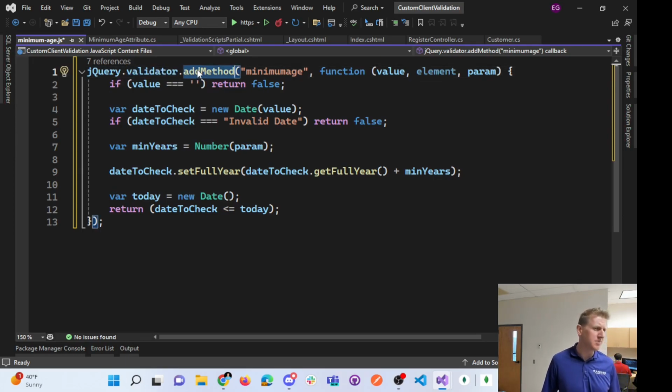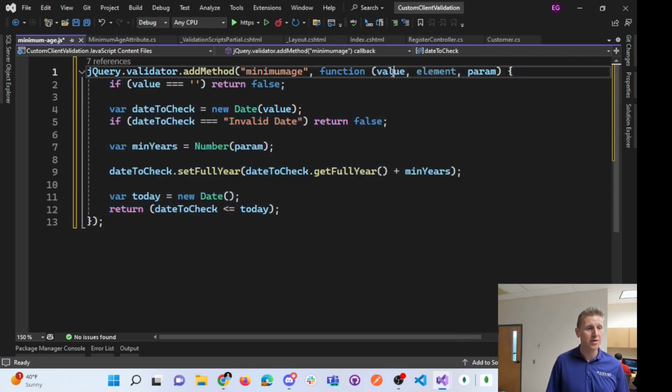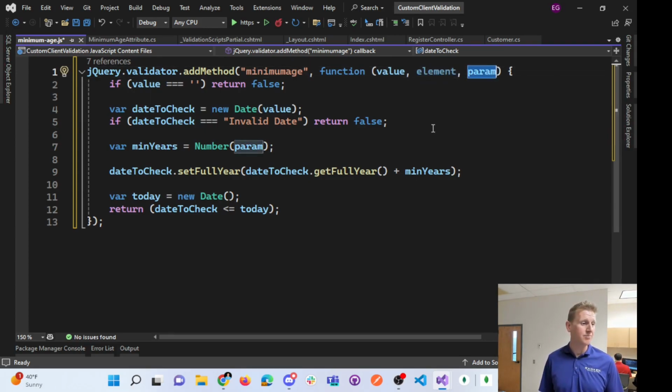This is all weird because we're adding methods to a previously existing library called minimum age, and the function kind of begins here. Notice the inputs are the date and time called value, this element that really isn't used, and param, which is that number of years, which is 18